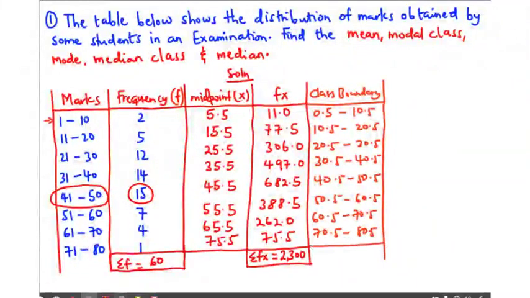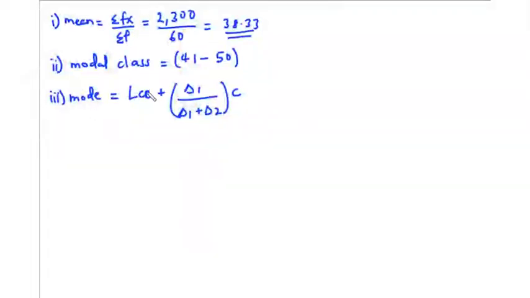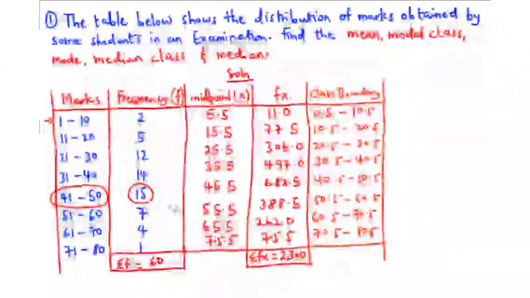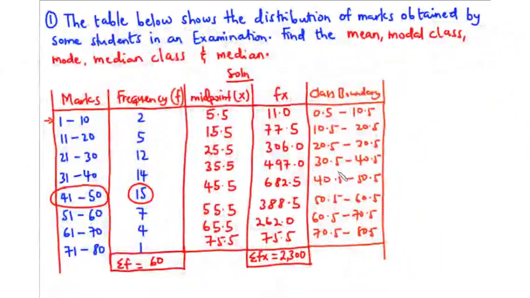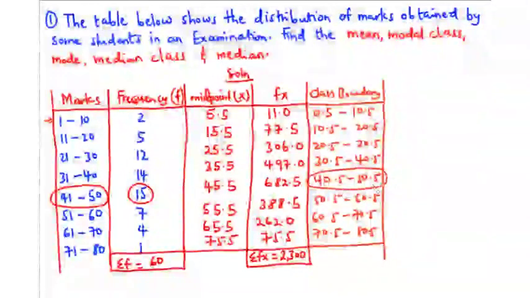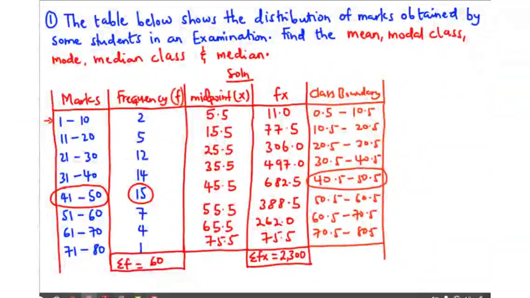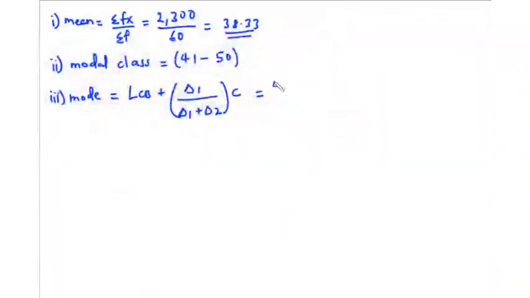Now back to the formula, back to finding the mode. We are to find the lower class boundary considering the modal class. So considering the modal class, we are going to take the lower class boundary. Now this is the class boundary of the modal class. So the lower class boundary is 40.5. So we write 40.5